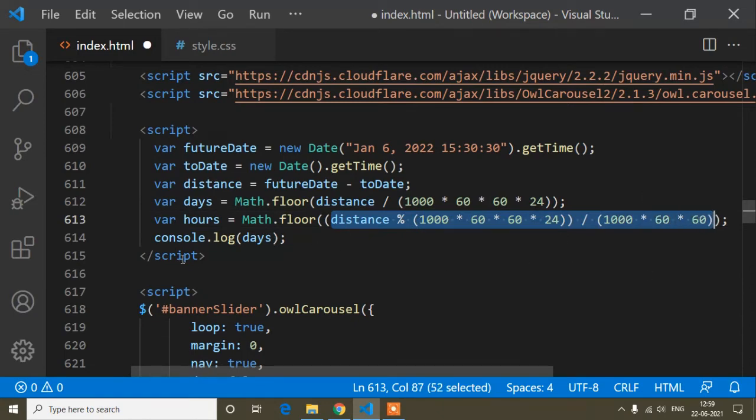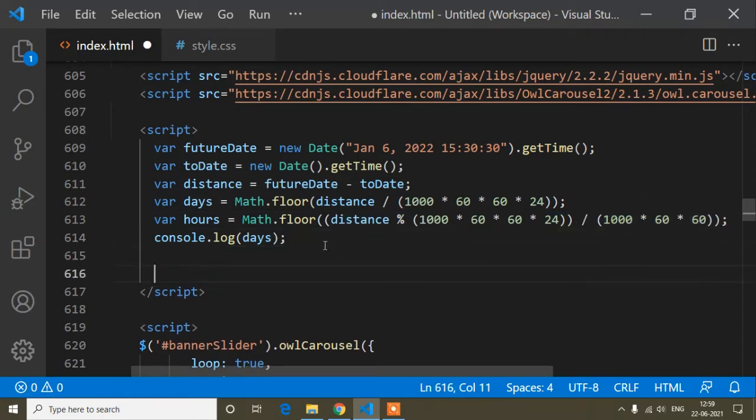Suppose, guys, here just below this I will explain and it will be easy to understand, because everything we should understand, not just read this code and put it in our project. If we understand any language or any code, then we can solve any complex functionality. Okay, so guys, here distance means the remaining, and what does the percentage mean?